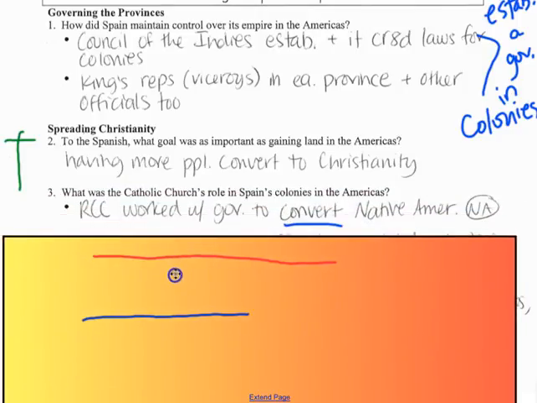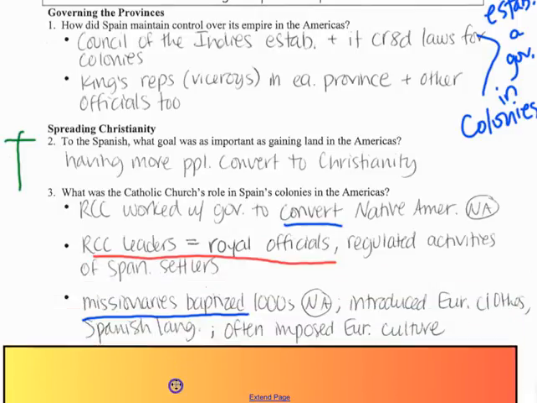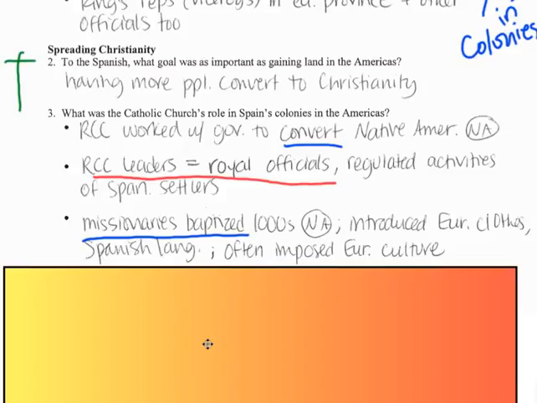They want to convert the Native Americans. You should have heard that before. That should sound familiar. And a lot of missionaries, those are people who go out and try to spread religion, baptize lots of Native Americans and introduce the European ways to them. When it says they imposed European culture, it's like they forced it on them. So the Europeans want to eradicate and eliminate Native American culture and aspects of Native American life because they think their way is the better way.